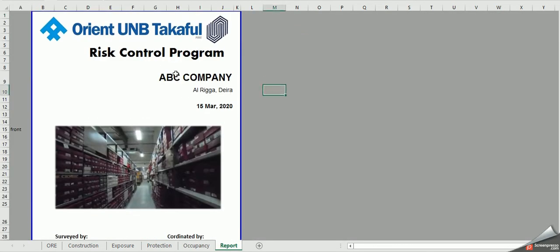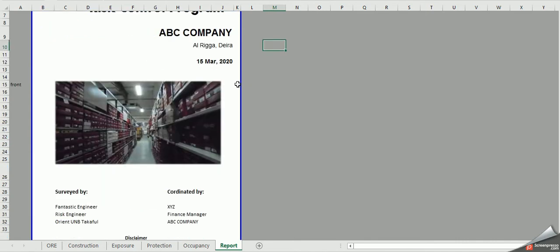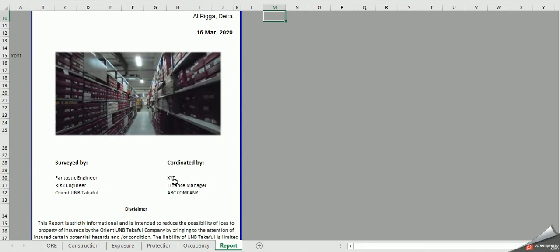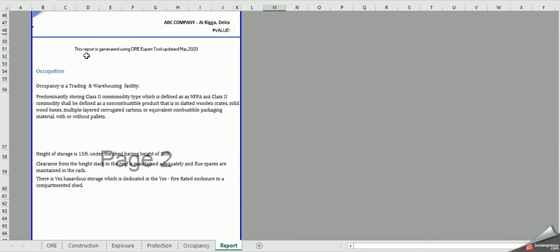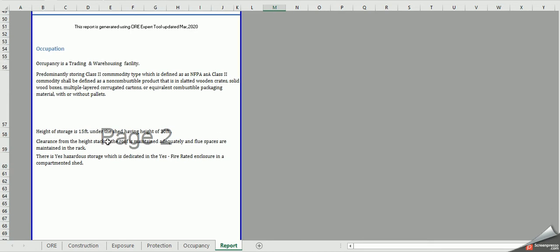Here we go. So the report is now generated. ABC Computer Company, Al Rigadera, 15th March, surveyed by fantastic engineer and coordinated by XYZ, finance manager of ABC Company. Then this is just a statement that this report is generated through the tool which was updated in March 2020. Occupancy is a trading warehouse facility predominantly storing class 2 commodity type, which is defined as per NFPA as class 2 commodity. Then height of storage 15, under